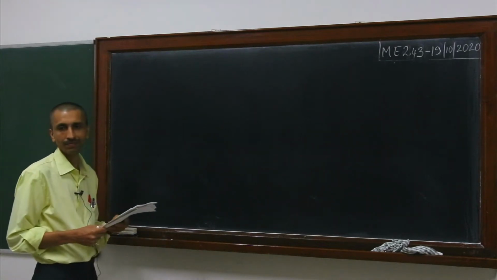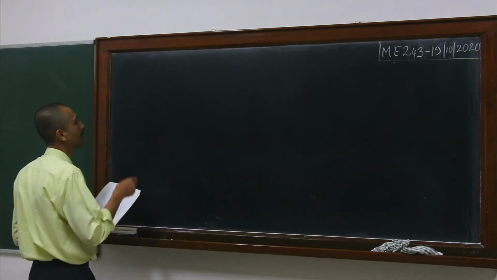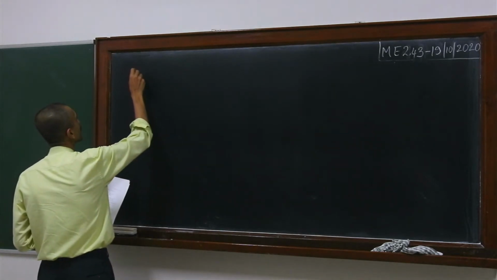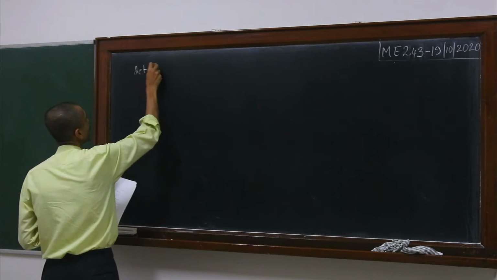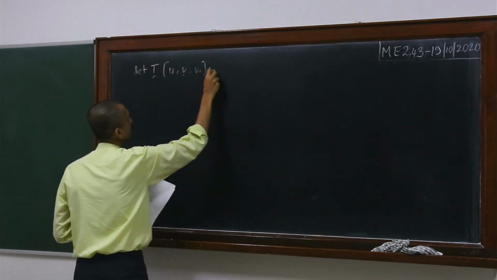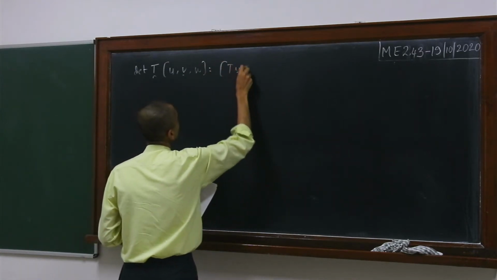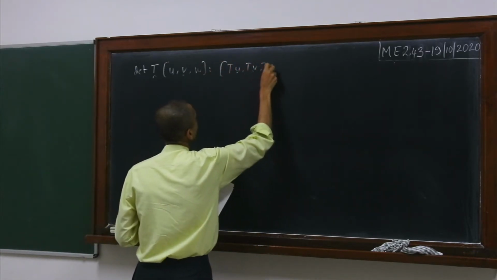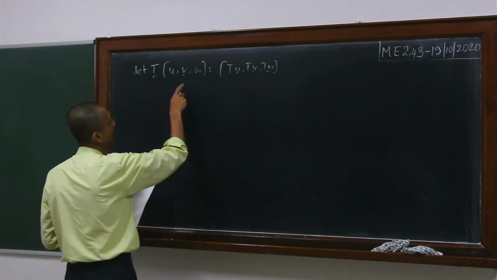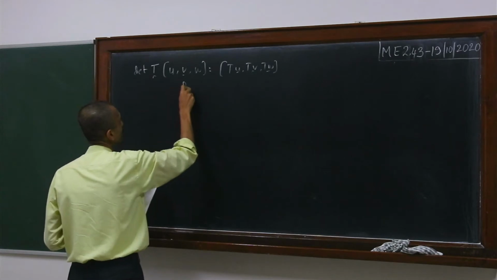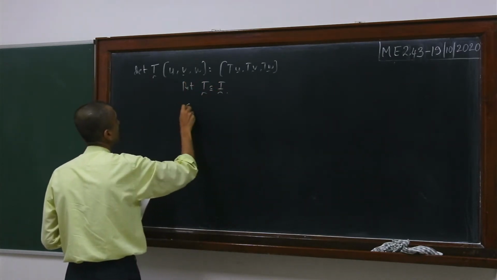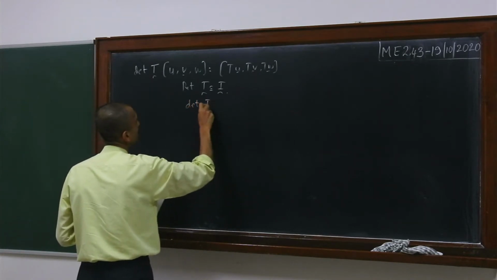Okay. So today we'll look at the properties of the determinant. We'll use the relation that the determinant of T, times [U, V, W], is equal to [TU, TV, TW]. This relation we have used. From this particular relation, if you put T equal to identity, then you will get that the determinant of identity is equal to 1.